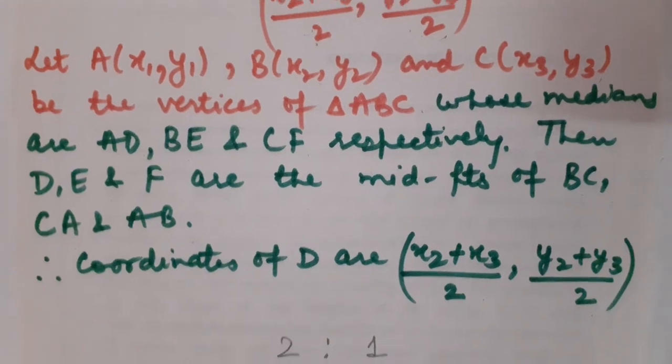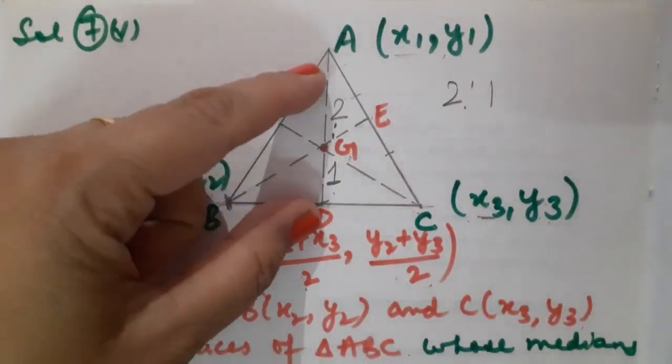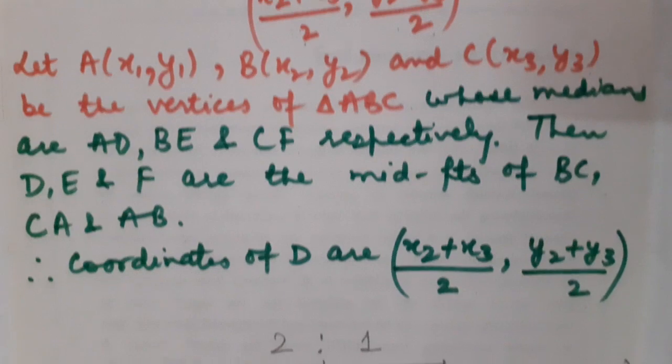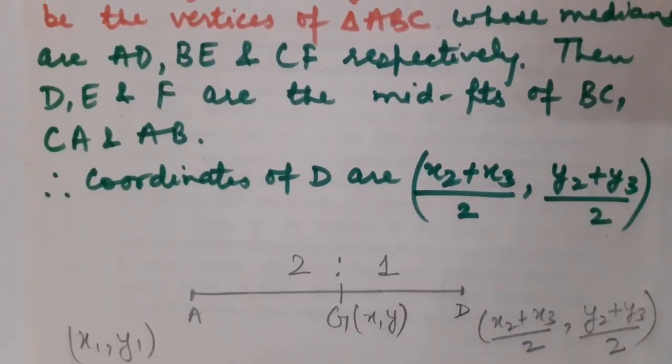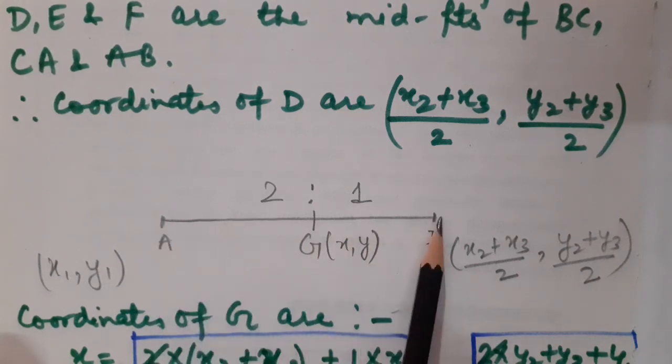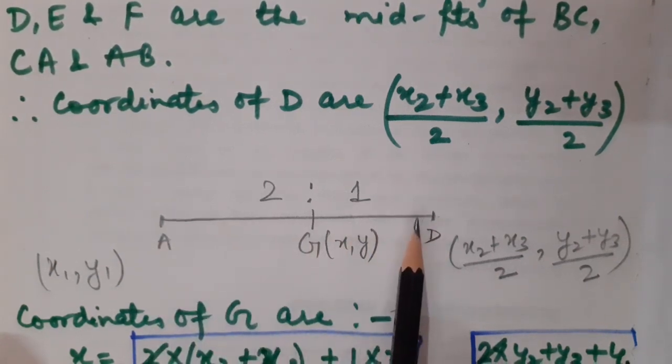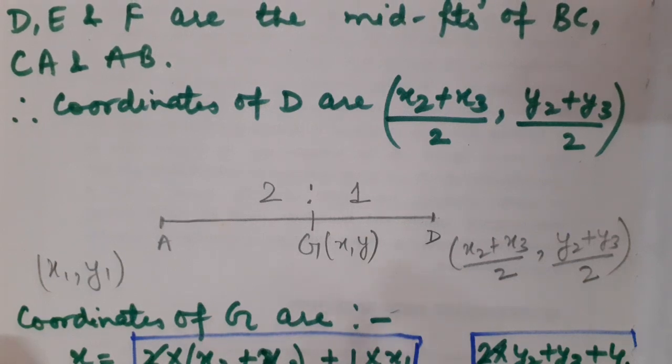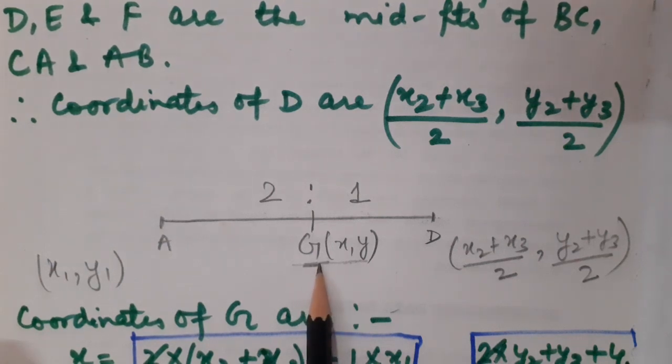Correct, students? Now, this complete AD I am just going to draw again, so that you can better understand the section formula. Instead of that vertical median, I have drawn it horizontally so that you can apply the section formula appropriately. Because, children, we know that this point G divides the line segment AD in the ratio 2:1. So through the section formula we can find the coordinates of this point G. And what is this G actually? This is nothing but the centroid.